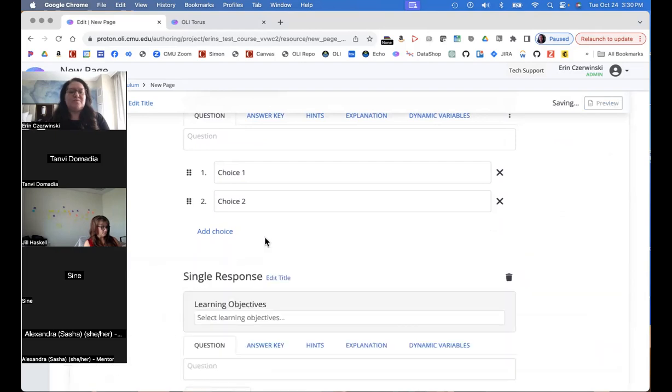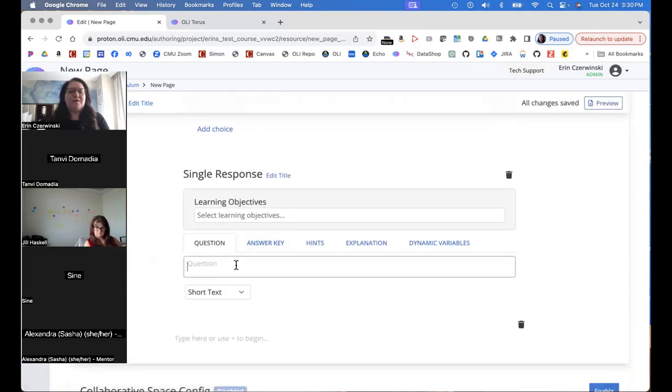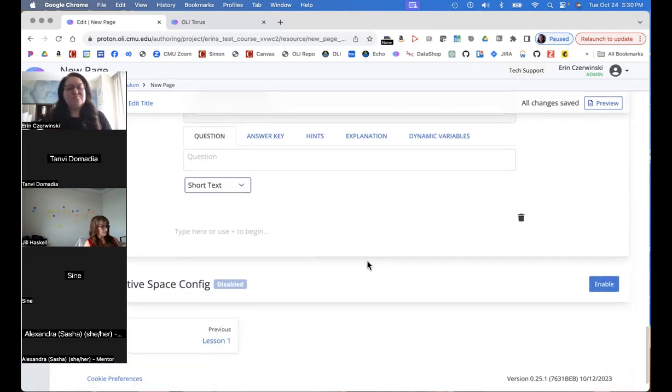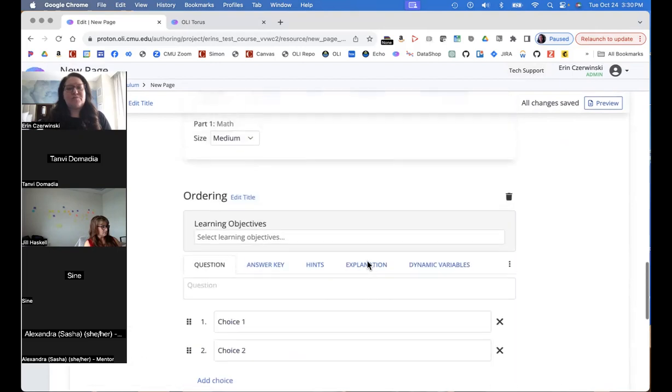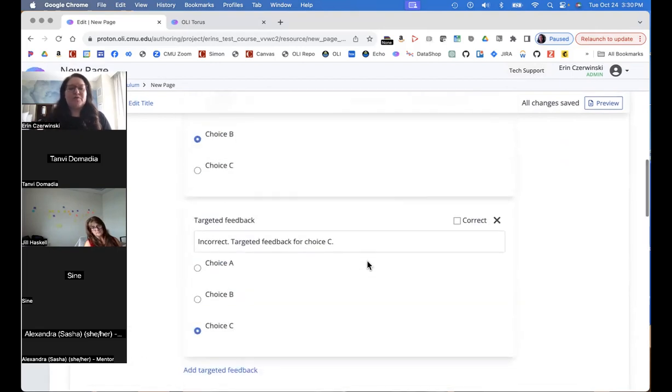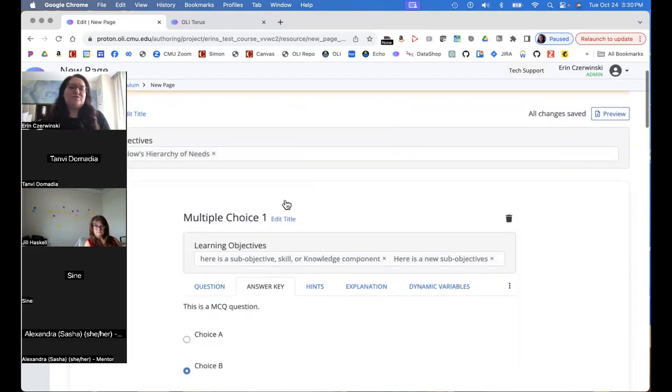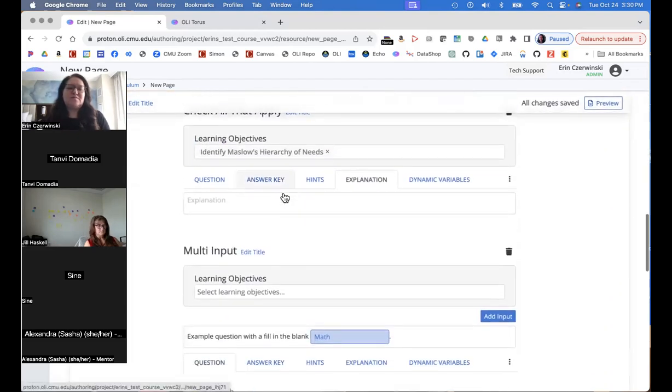And then we have input. And again, input can be short text, it can be a number, paragraph, or a formula. So just wanted to show you that in each of these options, there's more options to look for. Any questions about that? And if you were building a summative assessment or a graded page rather, this is how you probably would. You would just add your options on these.